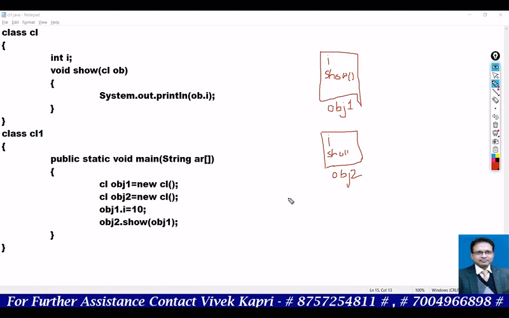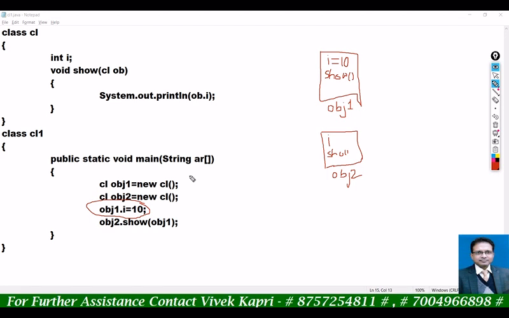Now what's happening here? You have initialized the variable i with obj1, so the value 10 will be assigned in i of obj1. To call a method you need an object.